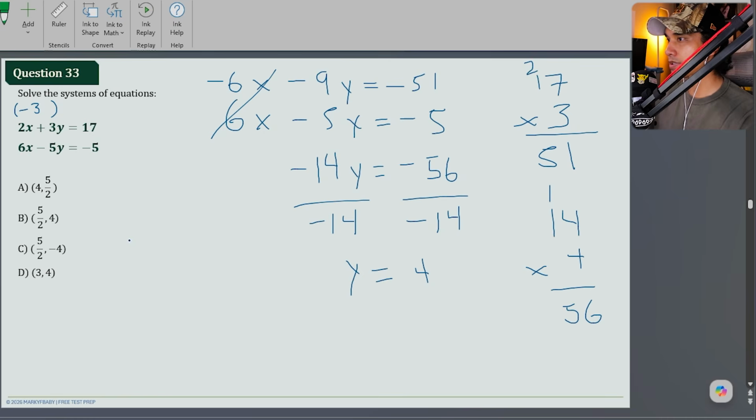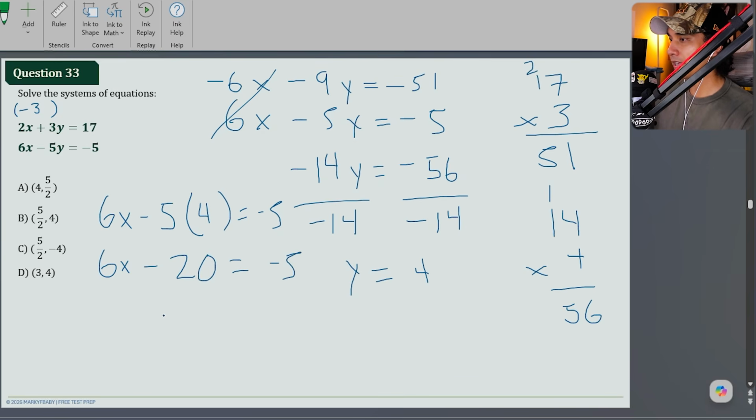So let's just choose the bottom one. 6x minus 5 times 4 equals negative 5. And then 6x minus 20 equals negative 5. And then I'm going to plus 20, and I'm going to get 6x equals 15, positive 15, divide by 6,